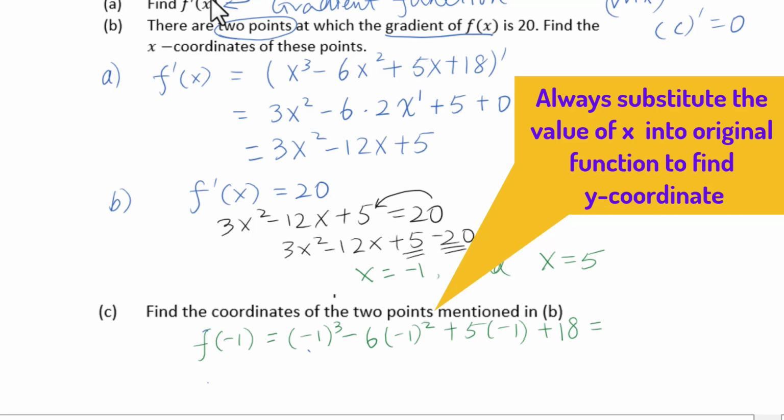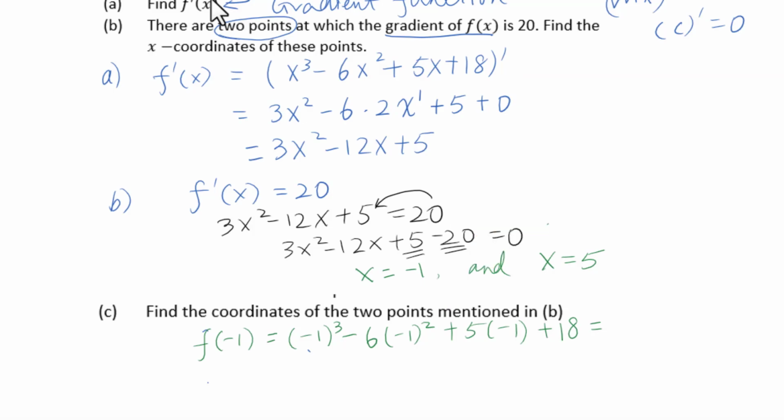Later on, we will use a graphing calculator to figure this out. f of 5 equals 5 to the 3rd power minus 6 times 5 squared plus 5 times 5 plus 18